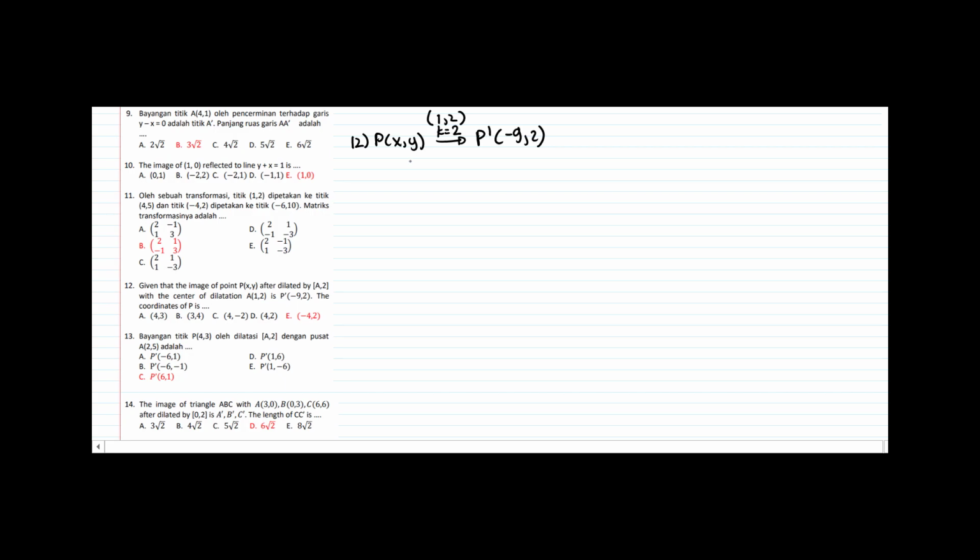Okay. So how to do this? We draw the chart first, the formula. So we have x-axis, y-axis right here, and then the matrix, and then x, y. Since we have the center, we have to subtract 1 for x and subtract 2 for y. And then K equals 2, dilation, K 0, 0 K, the matrix. We change the K into 2.